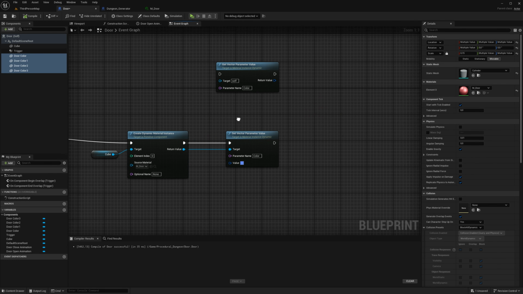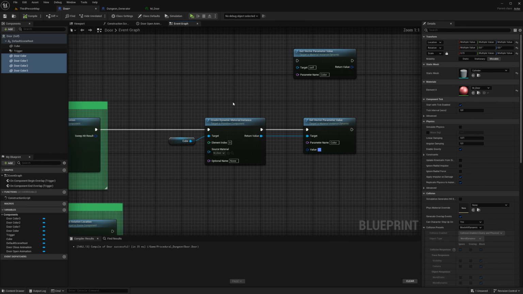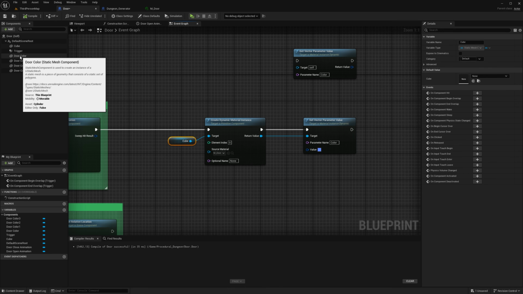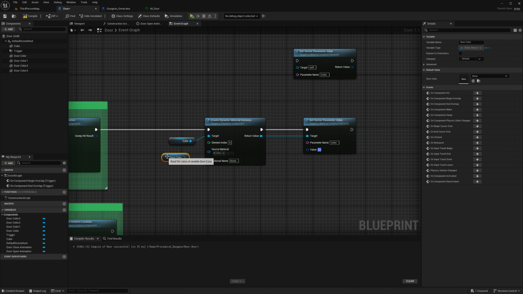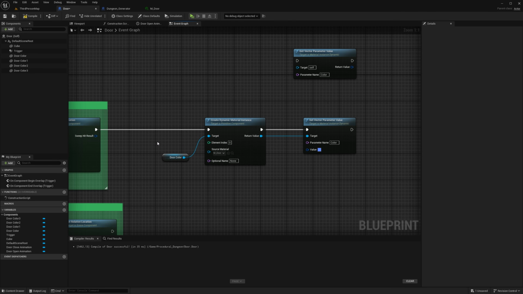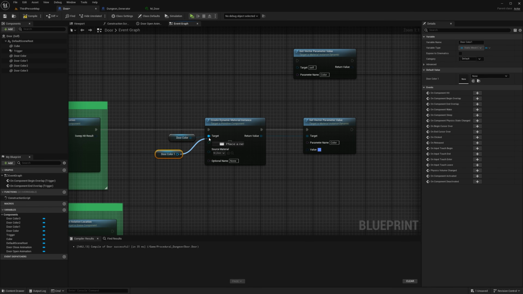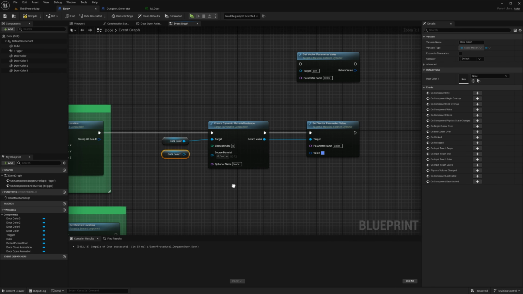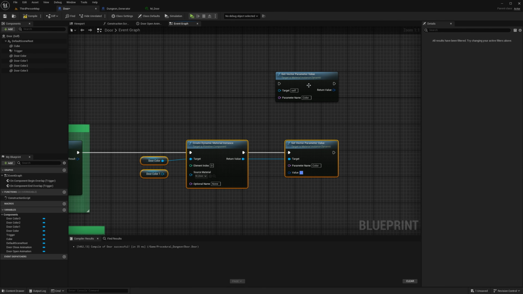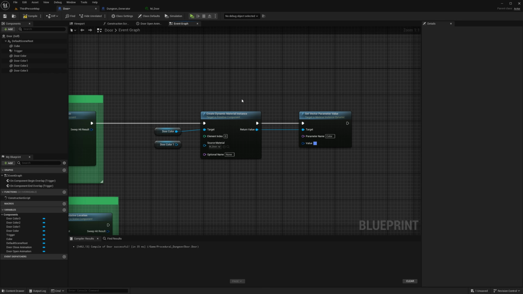Compile, and then we just need to make the change here. Instead of the cube, we need to do it on the door colors. So drag in door color, put it in here, delete the cube, drag in the next one, door color 1, plug it in. Of course they can't be plugged in at the same time. What was I thinking? Okay, so instead of duplicating this 4 times, which would be the easy way, the fast and easy way to do it, we will do something different.